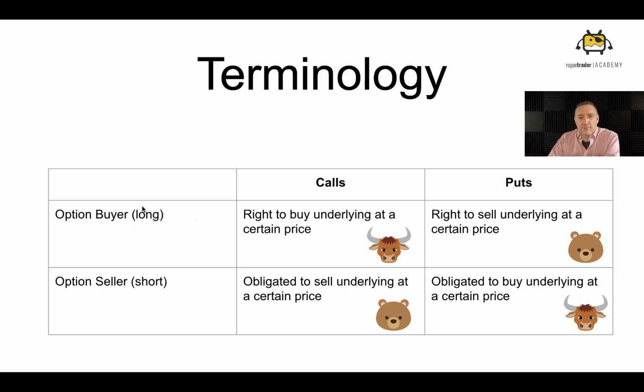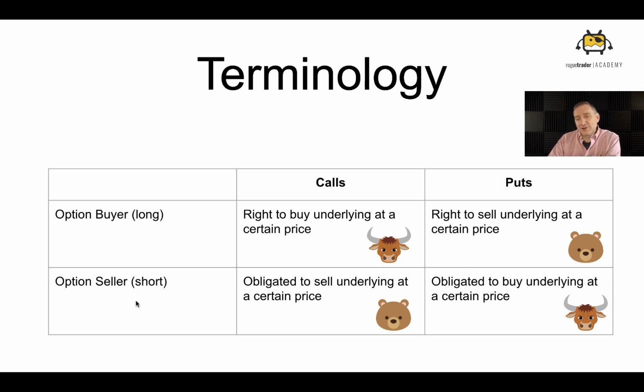If you're buying something, if you're long, if it's a call, you've got the right. Either case, you've got the right to do something. Calls, puts, you bought it, you've got the right. You paid for that right. You've got the right to buy it at a certain price. If it's a put, you've got the right to sell it at a certain price. If you're buying a call, you're hoping the thing goes up. If you're buying a put, you're hoping the thing goes down. If it's a call and it goes up, you've got the right to buy it at a lower price. If it's a put and it goes down, you've got the right to sell it at the higher price.